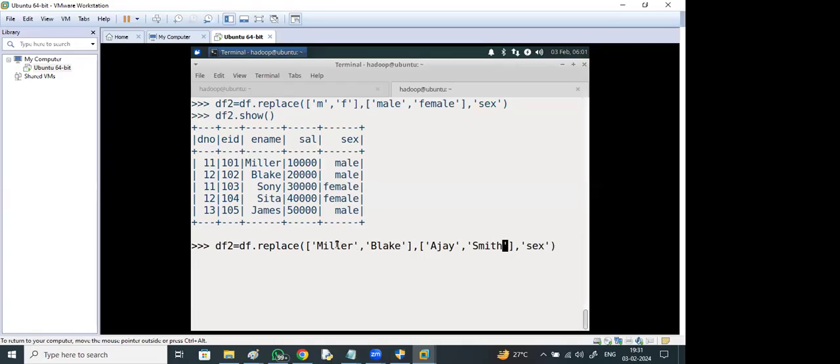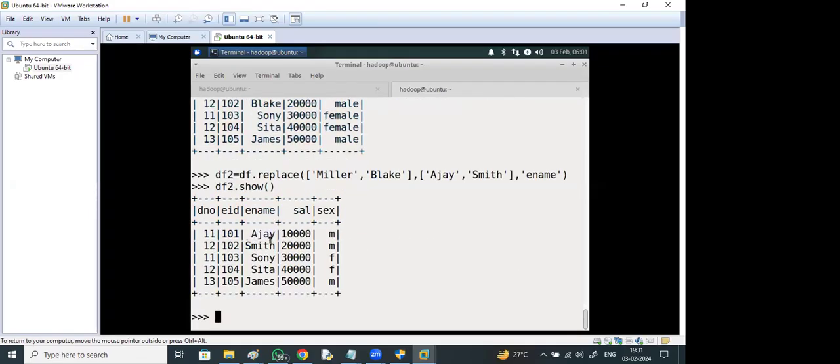So replace those two names with Ajay and Smith. Of which column? Employee name. Replace Miller and Blake with Ajay and Smith. df2.show. You see Ajay and Smith.